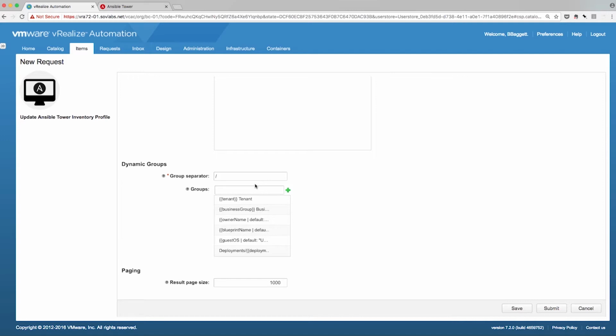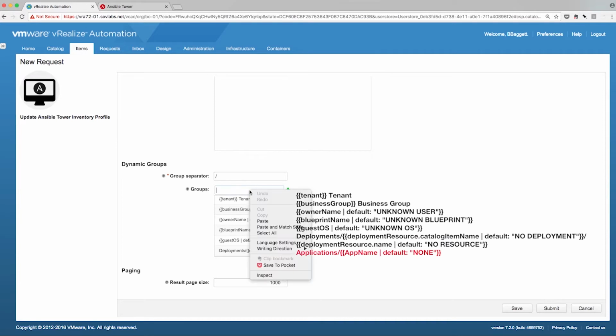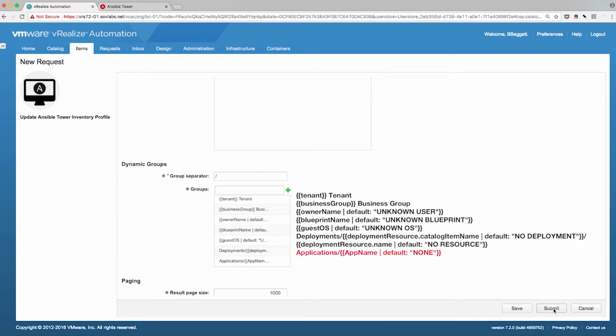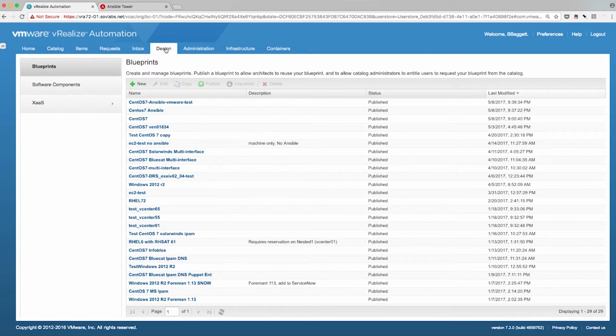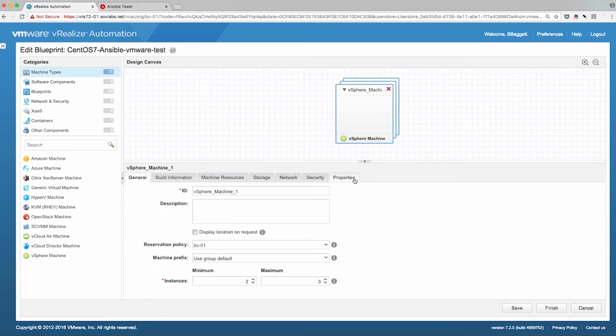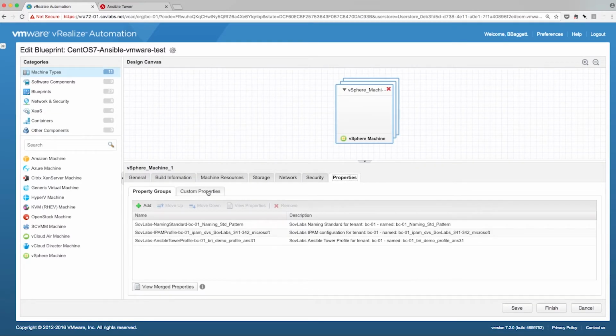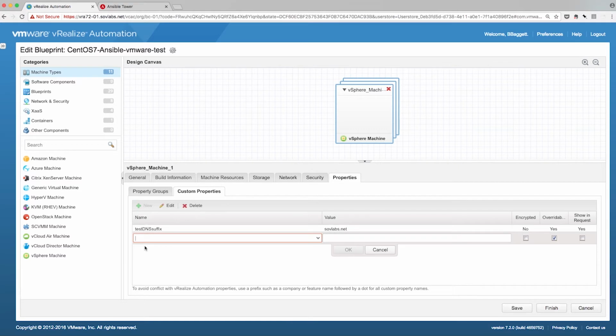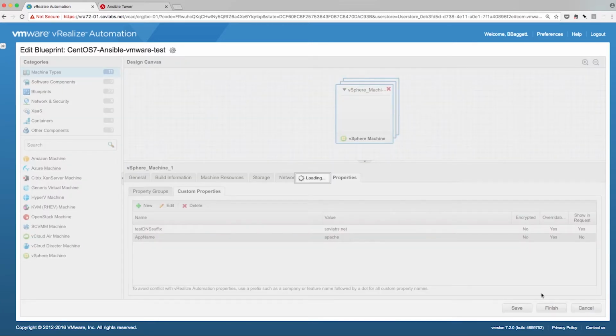In this example, we are going to create a new group within that inventory based on applications that we'll control via a single vRA property called appName. We'll start by editing our Tower inventory profile and add a nested group called applications. The nested group will be based on a vRealize Automation property called appName. As you can see here, I'm setting a custom property on my blueprint that references appName. Now servers provisioned using this Tower inventory profile will become members of a group that is defined by the value